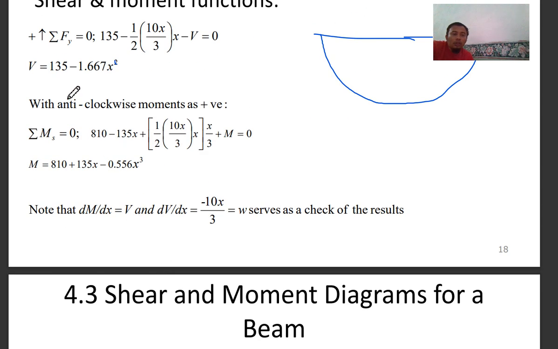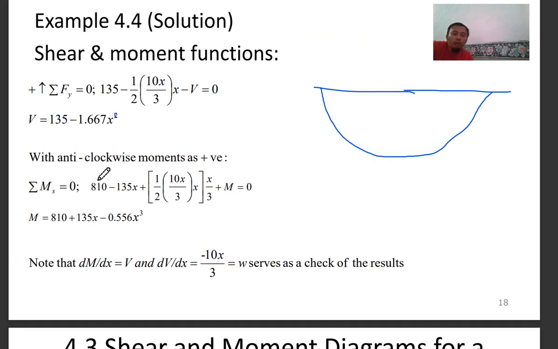So for moment, summation of moment at any point. This is the moment that you calculated, the moment reaction at A. This is the moment at A. And then this is your reaction at A, AY, and x is the moment arm. And then this is your triangle load times the moment arm, which is 1 over 3